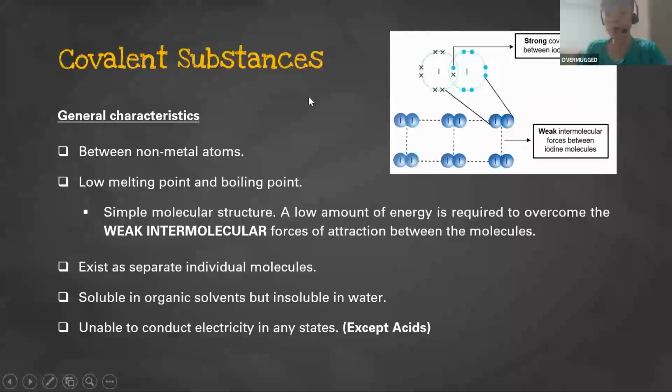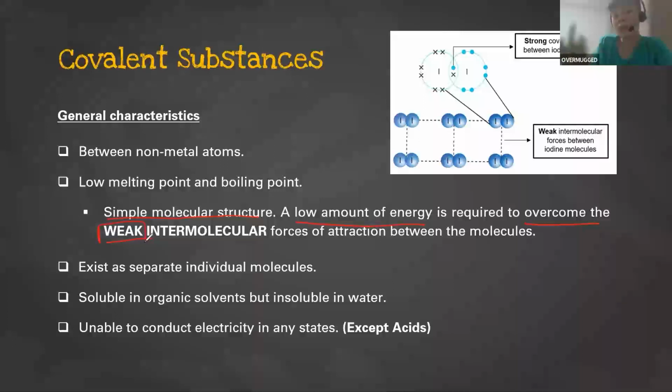So for covalent substances, what are some general characteristics that usually occur for non-metal atoms? They will have a low melting point and boiling point. So how do you explain this low melting point and boiling point, and how do you explain why these substances usually exist as a liquid or gas? It's because they have a simple molecular structure, and a low amount of energy is needed to overcome the weak